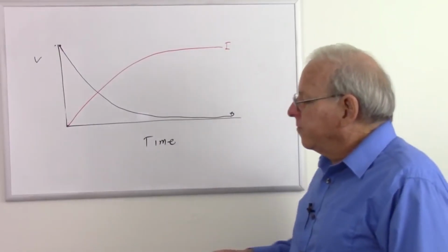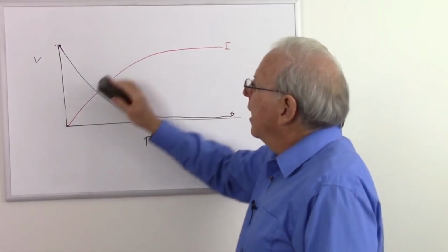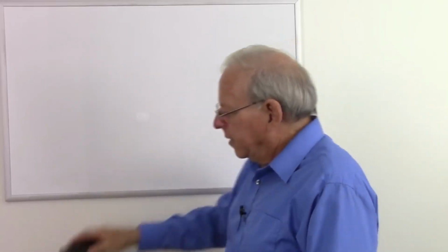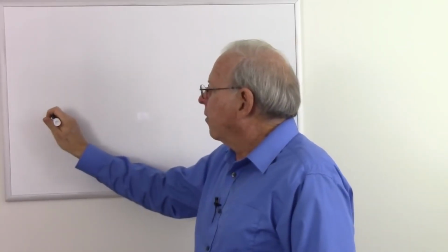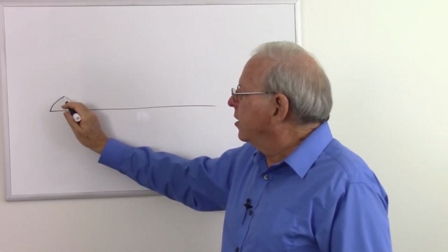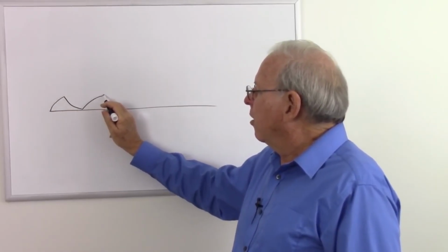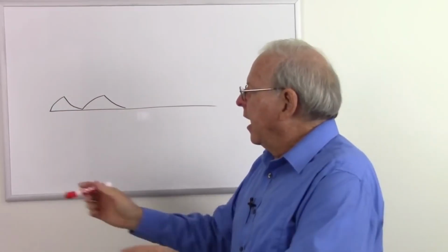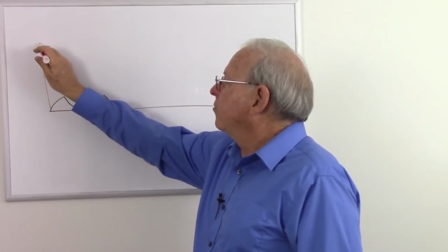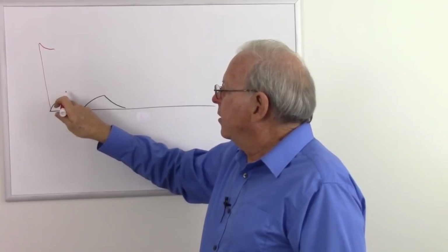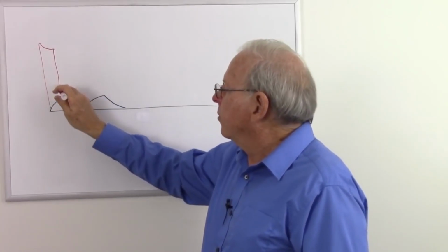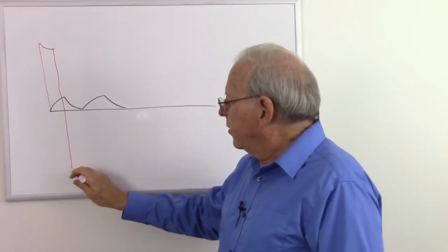Now let's start flipping that switch back and forth, and remember what happened with the capacitor when we did that. Here's our 0 voltage line, and the capacitor would charge, discharge, charge, discharge. And the current across that capacitor would jump to a high current, start to go down, but as soon as I changed the switches and started discharging the capacitor, the current would jump to a negative current, start to go